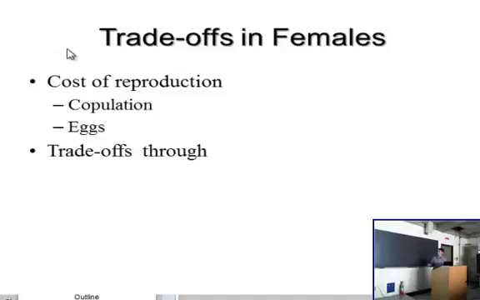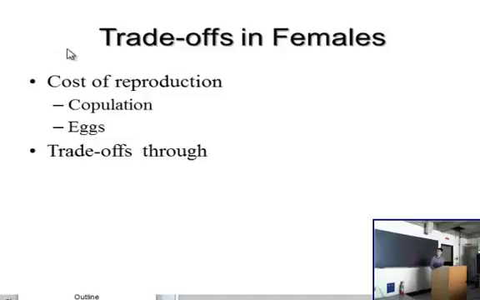Because of these two different costs, a great thing about the Tephritids, which makes them a useful model organism for testing these trade-offs, is that copulation isn't needed to maximize reproductive ability. It's not required that a male inseminate the female to allow her to produce the total suite of eggs she would anyway. So this allows for the disaggregation of the cost of copulation and the cost of eggs. And this is what I did in my study. All these females that I applied to these treatments were maintained as virgins, so I can get a sense of how the eggs affect the trade-offs.